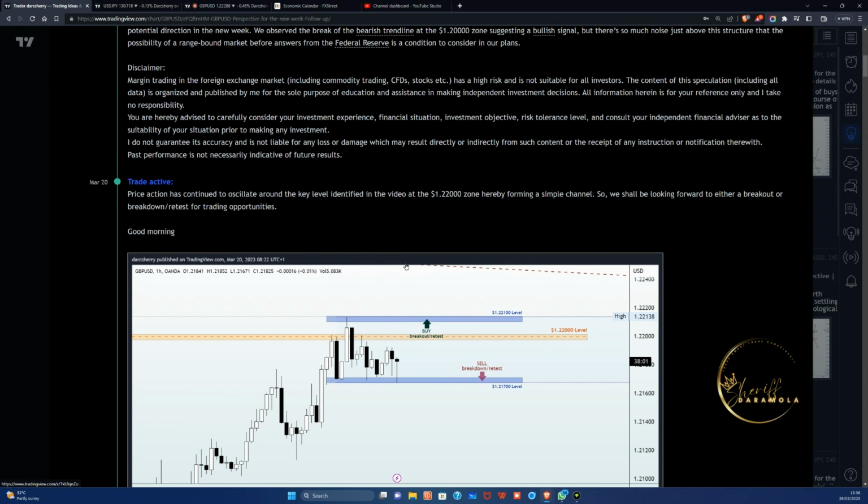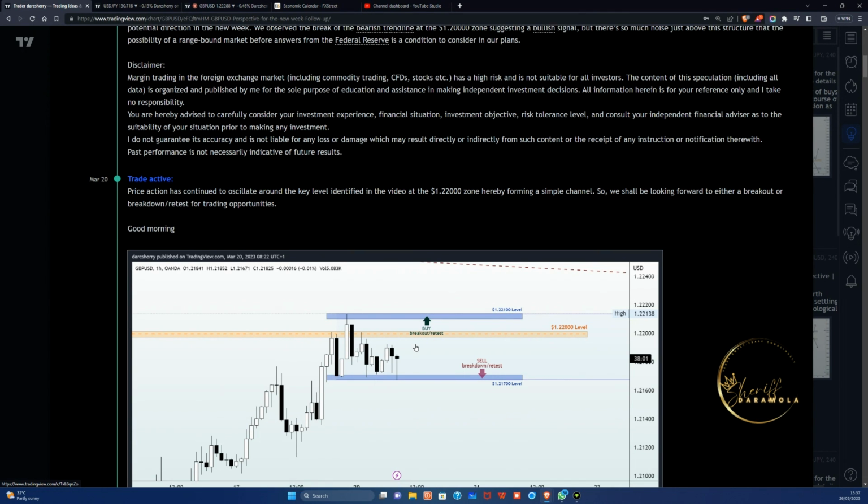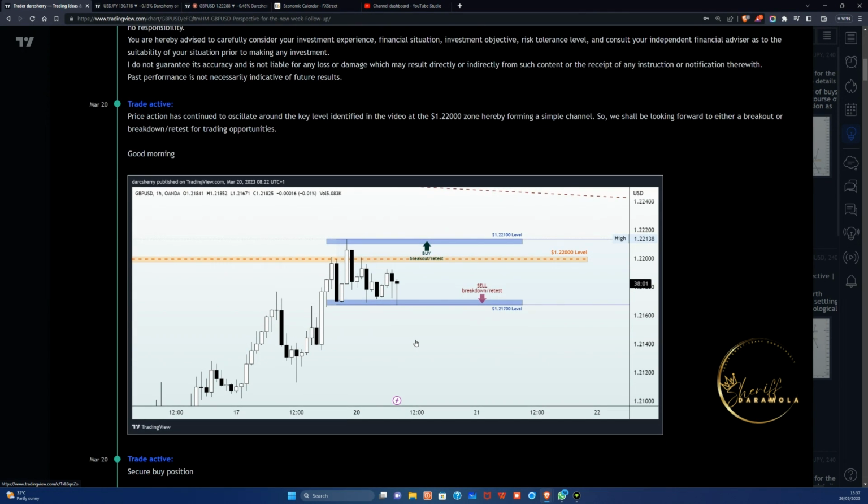Well, this always gives us a background knowledge of what to expect, as we already know where we are coming from, and we shall be using what we did last week to project what might likely come in the coming week. Now, the beginning of the week started with a situation where we saw price action trading